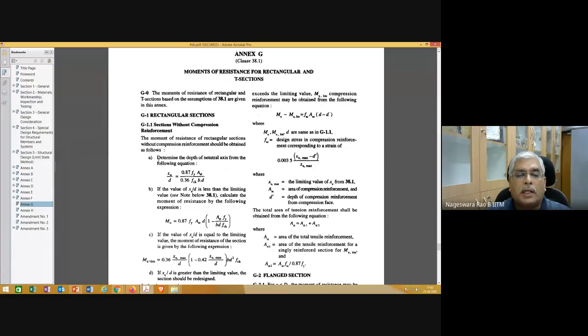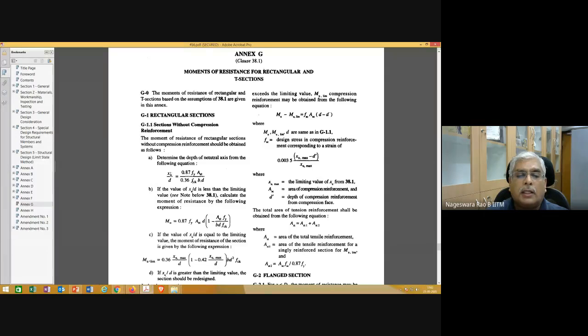Neutral axis depth can be determined using the following equation. Okay, and how did you get this equation? By equating the total compressive force to the total tensile force. For equilibrium of the section, total compressive force should be equal to total tensile force. So equating C, the resultant compressive force, to the tensile force, which is nothing but 0.87 Fy times AST, you get this equation.